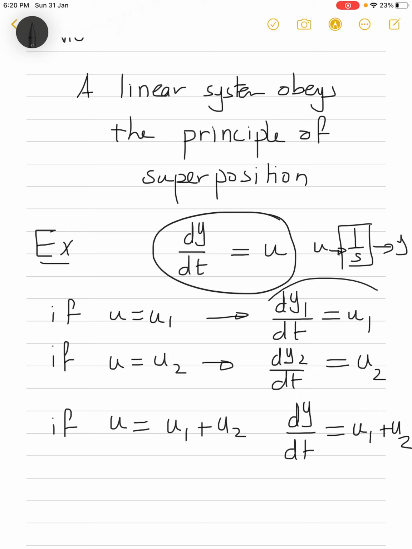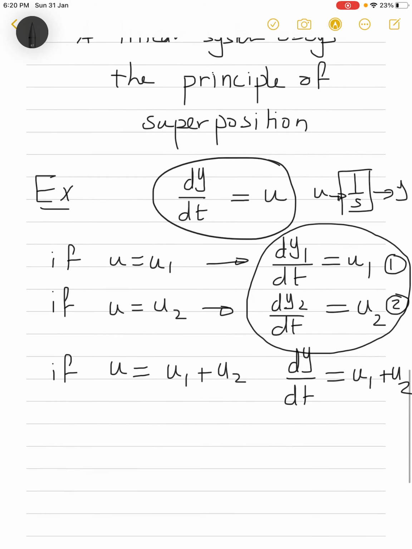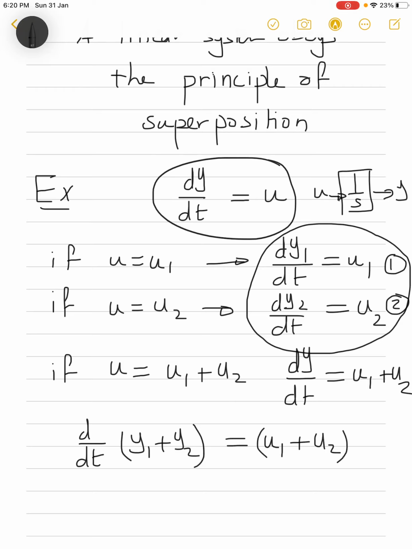But if we use the above equations, say equation 1 and equation 2, and add them together, we get d/dt of (y1 plus y2) equals u1 plus u2. So the input here to the new equation is u1 plus u2, and since the equation has a unique solution, then y must be equal to y1 plus y2, and that proves that the system is additive,